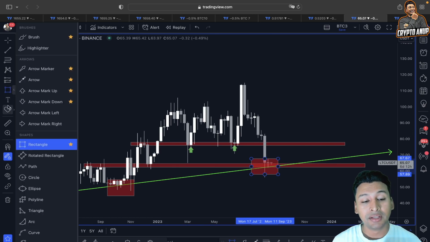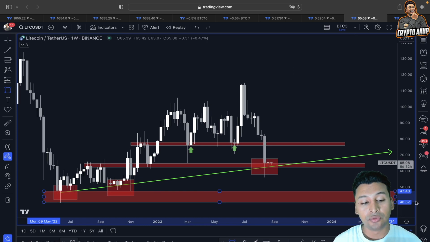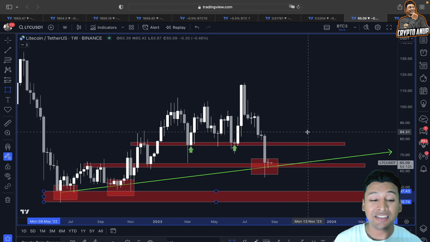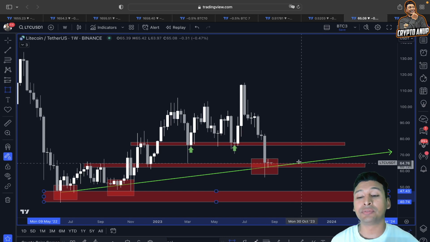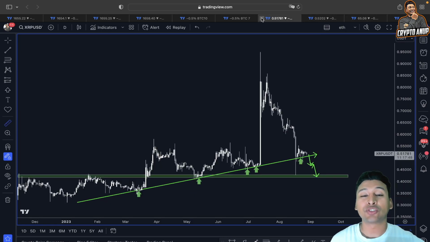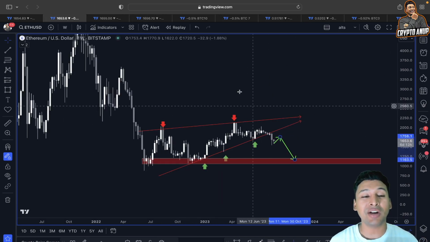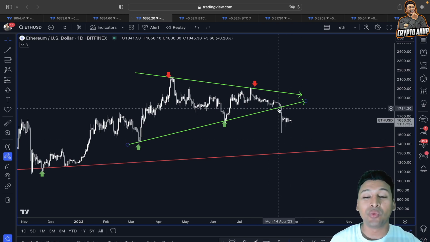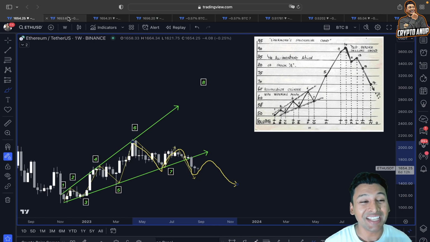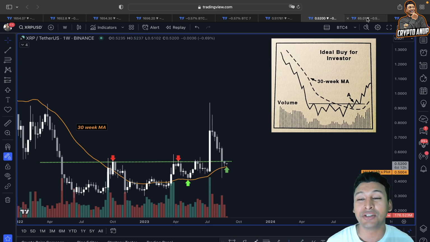And in that case, we could be coming back to $45 to $40 as our price objective, and this is the worst case target in my opinion. So let's hope for the best. Let's hope the price of Litecoin remains above $60. Let's hope the price of XRP remains above 50 cents, and even the price of Ethereum comes back above the 1,800, 1,900 range. So this is what I see looking at the price action of Ethereum, looking at the price action of XRP, and even the price action of Litecoin.